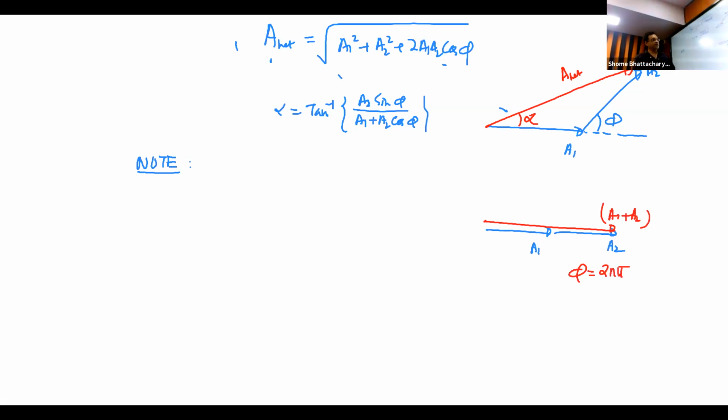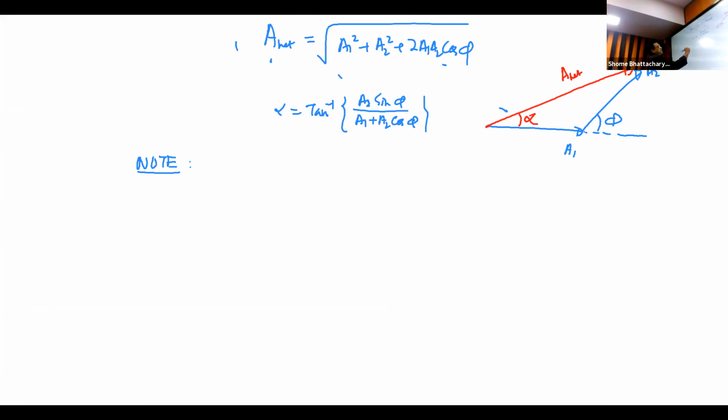Now just the opposite of that, destructive interference. Suppose phi is an odd multiple of pi, like pi or 3 pi or minus 5 pi or 5 pi or whatever, then this A2 will become like this instead. So in that case, what we'll have is destructive interference. So we are coming to that second special case now.